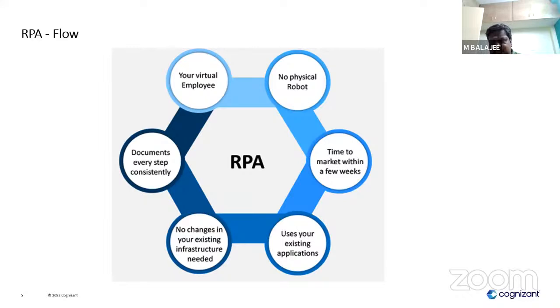As I said, the important point in project automation is that it should not undergo any CR, not even moving the submit button from left to right, because that needs again a development effort and a testing effort. So no changes in your existing infrastructure are needed, nor in the application. And they will document every step